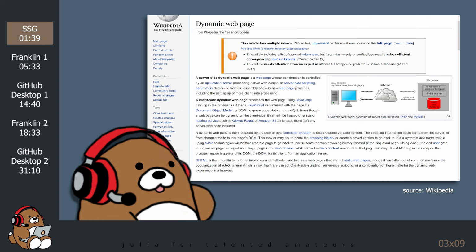As the web development industry matured, and as websites grew in size and complexity, dynamic websites started to emerge as an alternative to static websites. Under this web architecture, individual web pages are not stored as hard-coded HTML files on the web server. Instead, web pages are generated on demand by either an application hosted on the web server or by a scripting language that manipulates the document object model in the visitor's web browser.